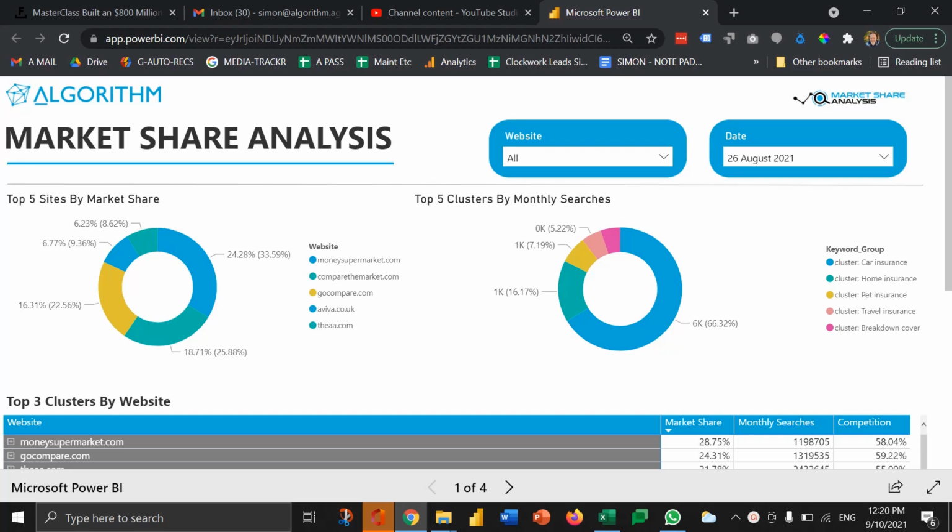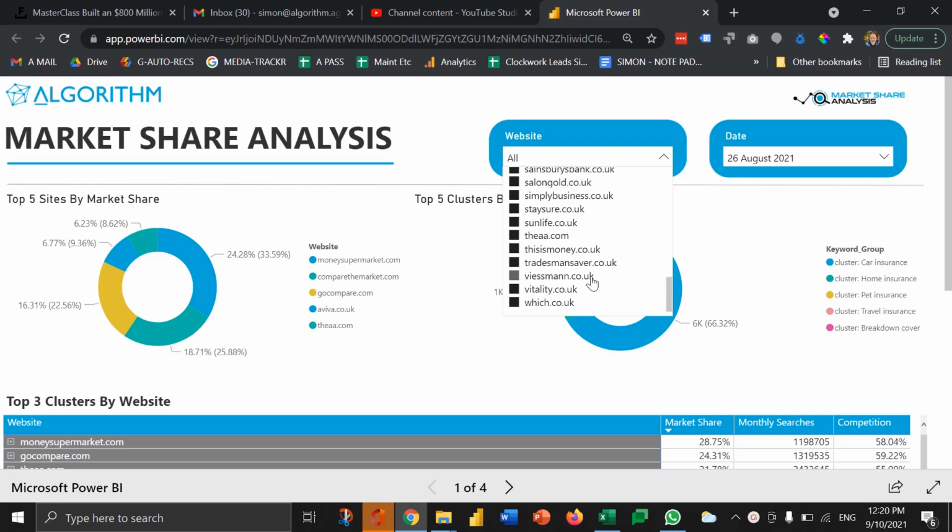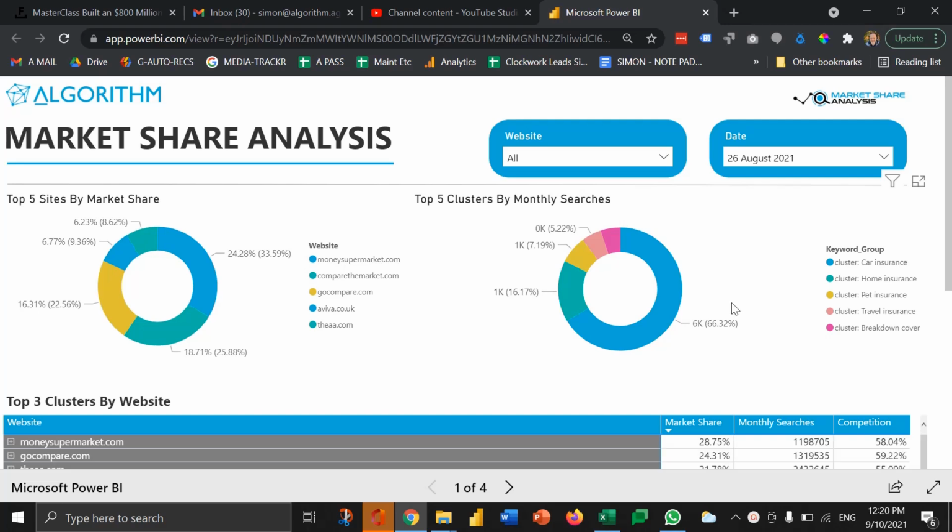Welcome to the Algorithm Market Share Analysis. This analysis is focused on the UK insurance sector. Here we'll find at the top all of the sites that we have scraped to establish their market share and where they're weak or strong from a content perspective across 17,000 keywords, and then aggregating those into groups and categories